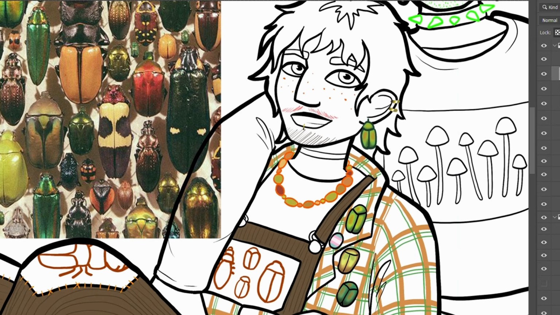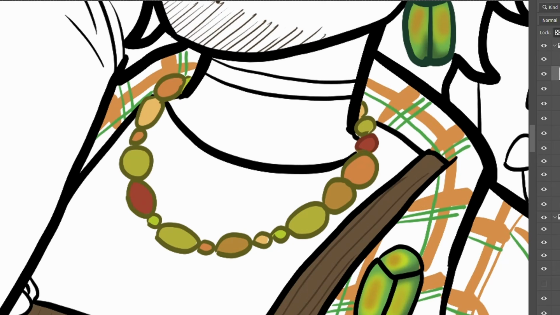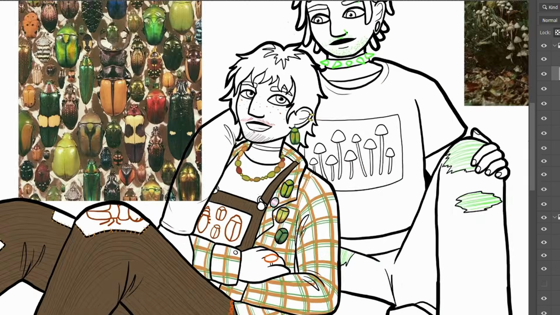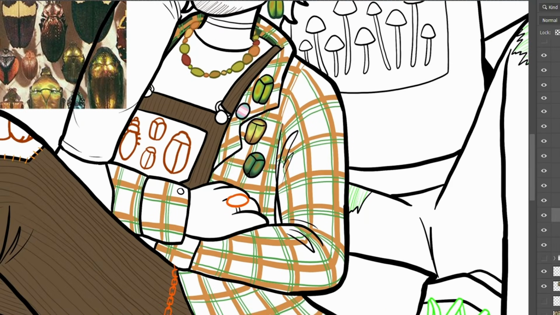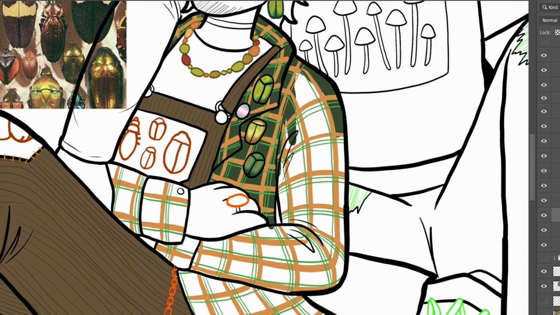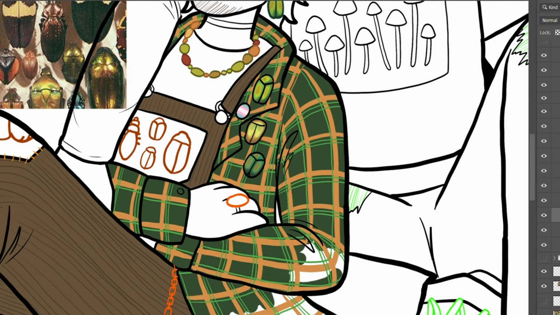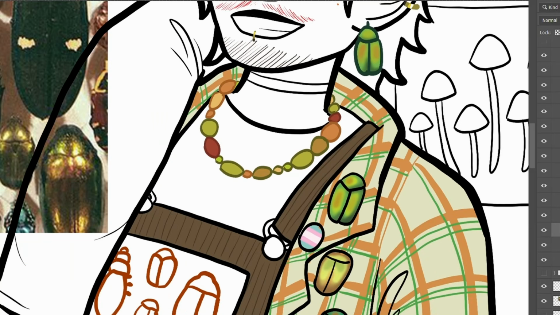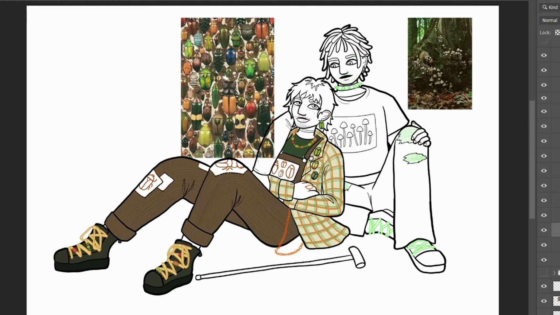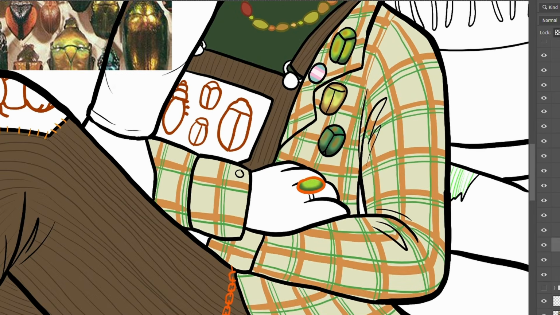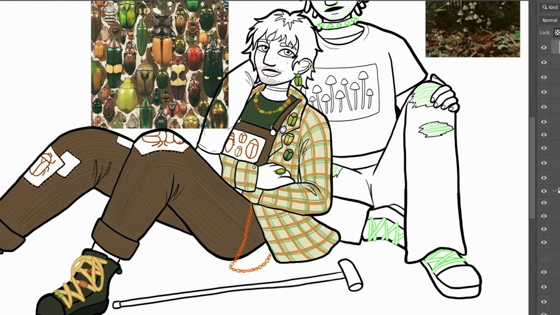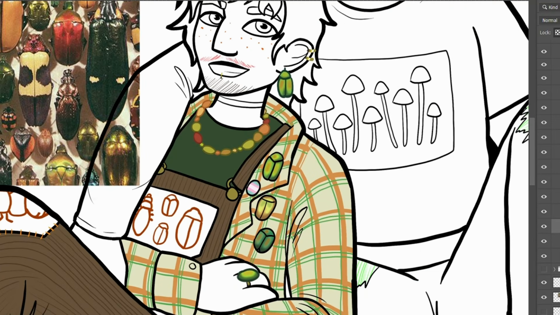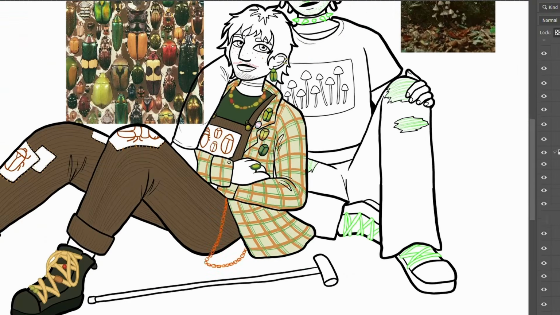With the pins coloured, I moved on to the necklace, which, like the beads on Campy's shoelaces, are each colour picked from a simpler, not shiny Beatle. The necklace is handmade, and Campy used the same multi-pack of coloured wooden beads for it and the boots, so they go well together. One of Campy's ways of stimming is to make things with their hands. Hello, another self-insert trait. They made all the patches on their pants, which are hand-sewn and hand-painted, and they like making beaded accessories and jewellery. The Beatle pins aren't homemade, they're from a small business, and Theo bought them for Campy as a gift when they were still just friends.